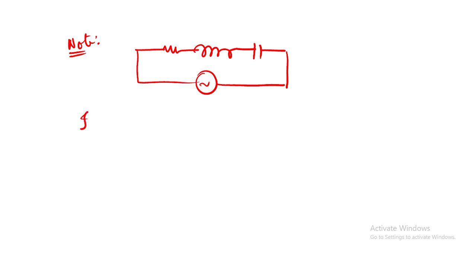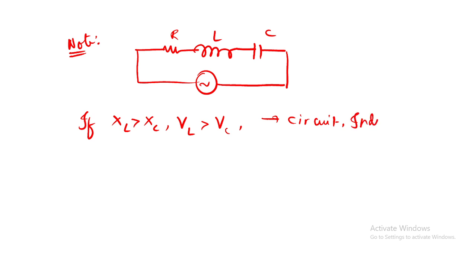What happens here if this inductor, capacitor, resistance, we know if one is dominant? Who is dominant here? Inductance is dominant. XL is greater than XC, or the potential drop across L will be greater than the potential drop across C. The circuit behaves as an inductive circuit. Yes or no? We have already seen this is an inductive circuit, right? So the power consumption for this one we wrote as EV IV into cos phi.